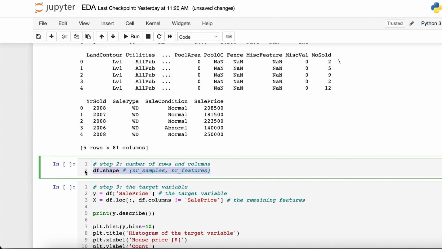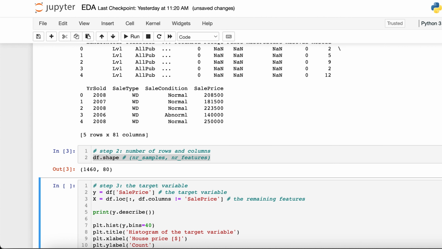In the next cell, I print out the shape of the data frame. If you run this cell, you will see we have 1460 data points and 80 columns in this data frame. This may seem like a trivial question, but it's surprising how many practitioners don't know the answer. The size of your dataset will have an impact on the machine learning pipeline you develop, so it's very important